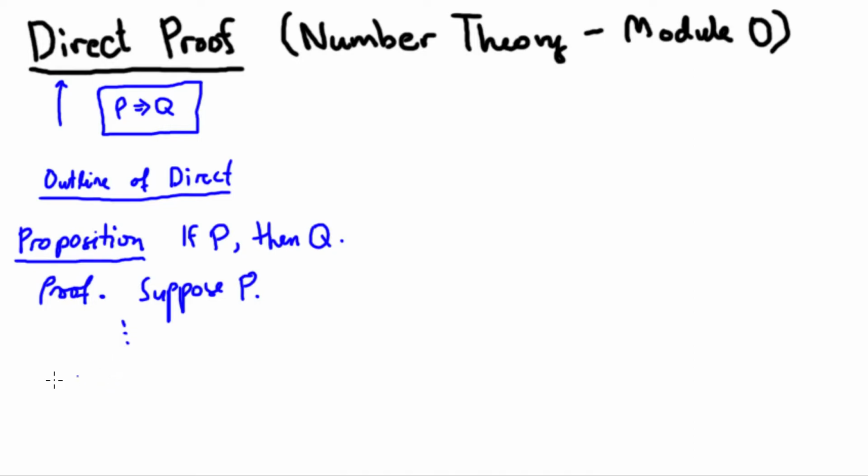We can therefore say at the end of the proof that directly, therefore Q happens. And we usually end it with a box like this,